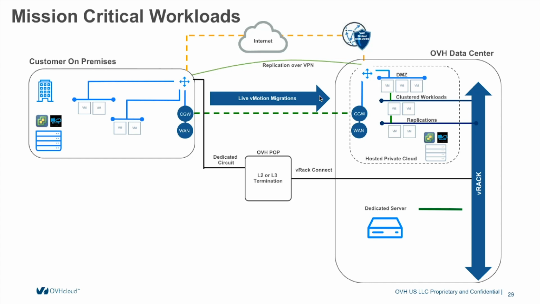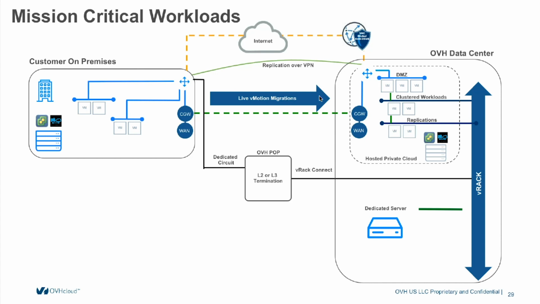And then we also support private connectivity. So if you look at the black line, this is a dedicated circuit. So in customer terms, this would be maybe layer 2 Ethernet that you own, or layer 3 MPLS or AVPN. What you would do if you have that today, you would find a way to terminate that in an OVH point of presence. And from there, your traffic could ride across our VRAC Connect service, which is part of the VRAC that is built into our data center. So essentially you hand off there and you're on the OVH network, and then your replication traffic or your end user traffic comes across that high throughput, secure, predictable bandwidth,